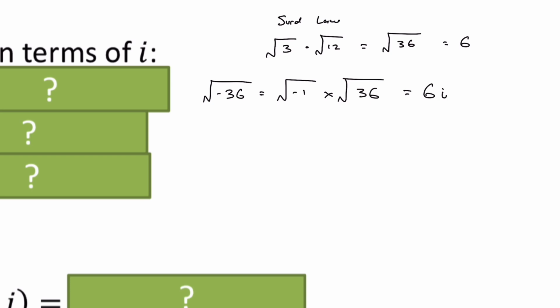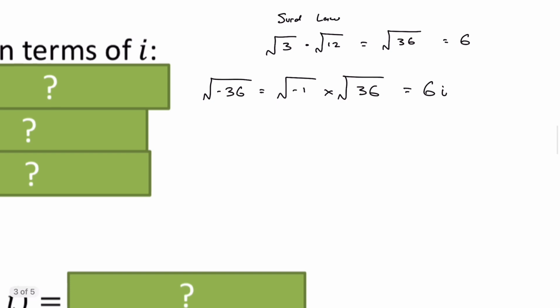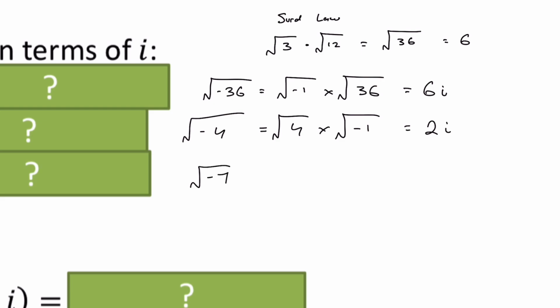If we look at the other one, the square root of -4 would become root 4 times root -1, and you get 2i. And lastly, root of -7 would be root 7 times root -1, and you would get that as root 7 i,